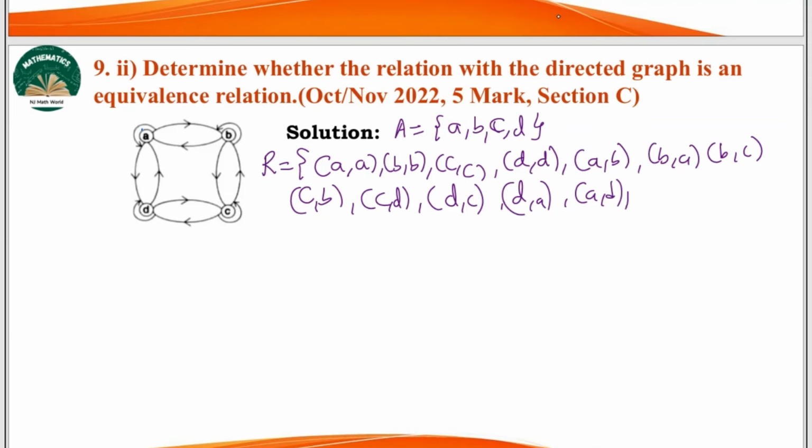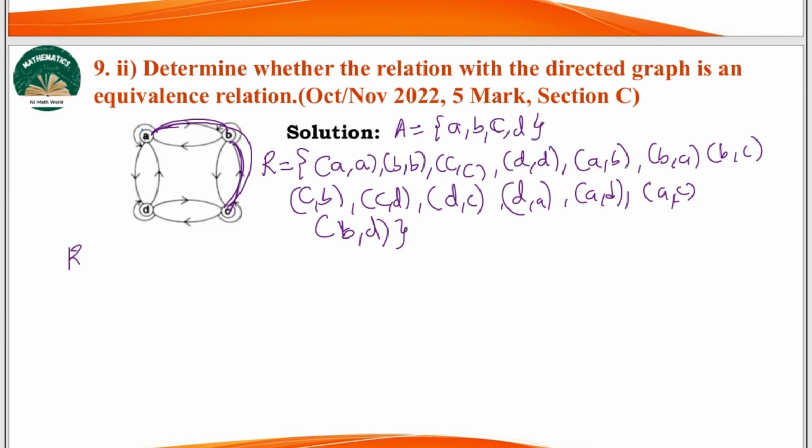And also we can see that from A to B, then from B to C, that means from A to C we can travel. So it is not necessary to have a direct edge to find transitive. It only requires the path. So we have a path from A to B and from B to C, so we can have AC. Then if you take the other one, B to C and C to D, you can write it as BD.